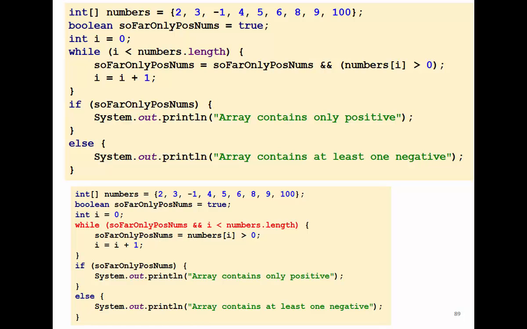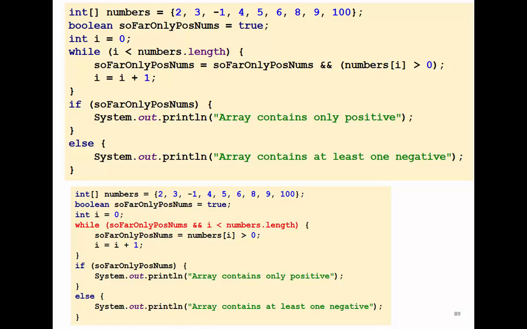Okay. Now, I would like you to sense the difference between the first implementation and the second implementation. In the first implementation, I have to visit all the elements. I cannot finish early once I see a negative element. I have to visit all of them. And imagine if you have 1 million elements. It will be time consuming to visit all of them.